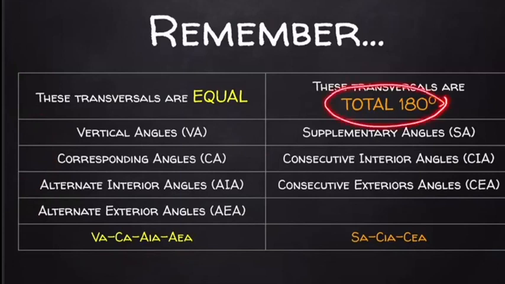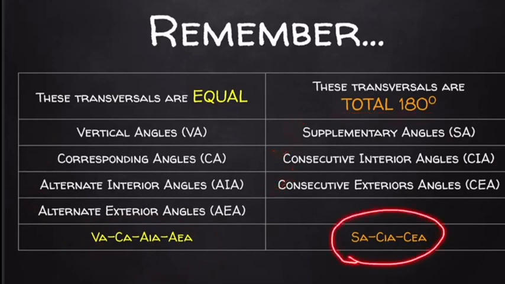Now, transversals that total 180 are supplementary, consecutive interior angles, consecutive exterior angles, and you can memorize that by saying SA-CIA-CEA, okay? 因为这些角是 geometry，也就是几何的基础，所以说为了方便记住，Miss Naz 把这些词简化成了 VA-CA-AIA-AEA，就是 vertical angles, corresponding angles, alternate interior 和 exterior angles 的简写。这些 transversal angles 是相等，也就是 equal 的。然后剩下的 supplementary angle, consecutive interior, exterior angles，它们相加等于180度。Miss Naz 把它简化成了 SA-CIA-CEA。